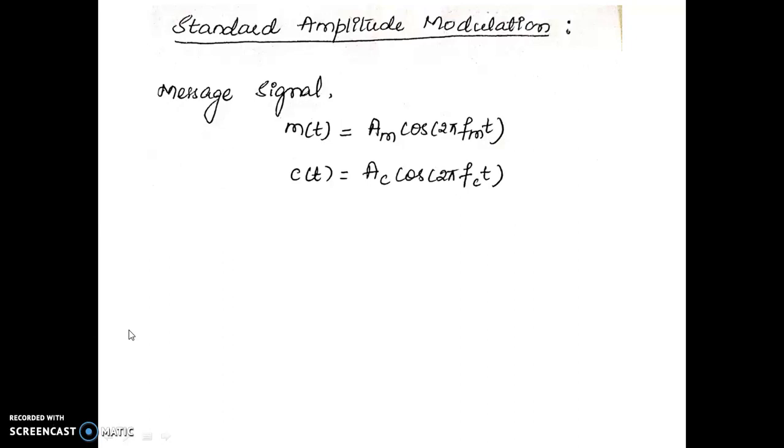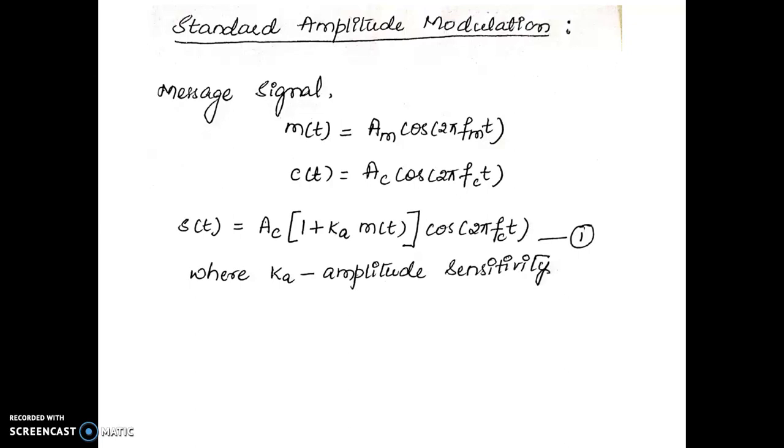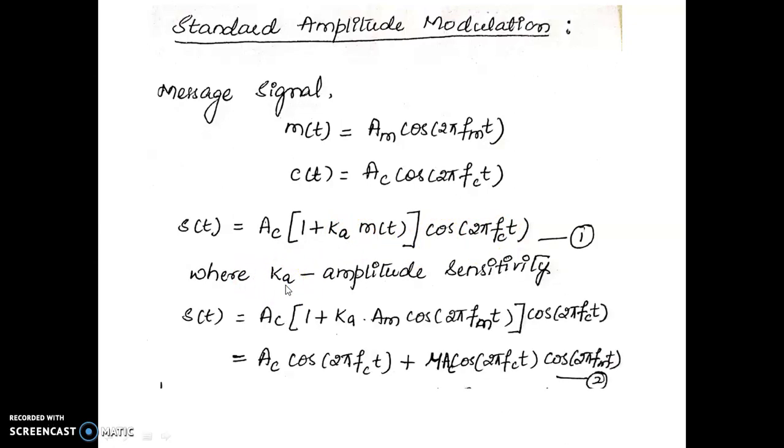This is the expression for message signal and carrier signal, which will be used for generation of standard AM signal. So S(t) happens to be the amplitude modulated signal, which is given by the expression Ac into 1 plus k m(t) into cos 2 pi fc t, where k is the amplitude sensitivity factor, and we have this as the expanded expression for S(t), which has